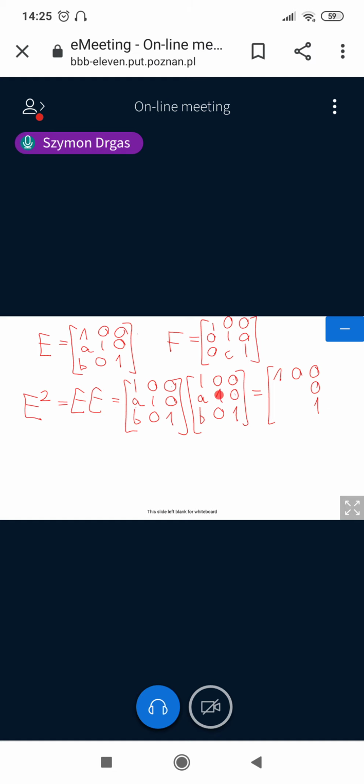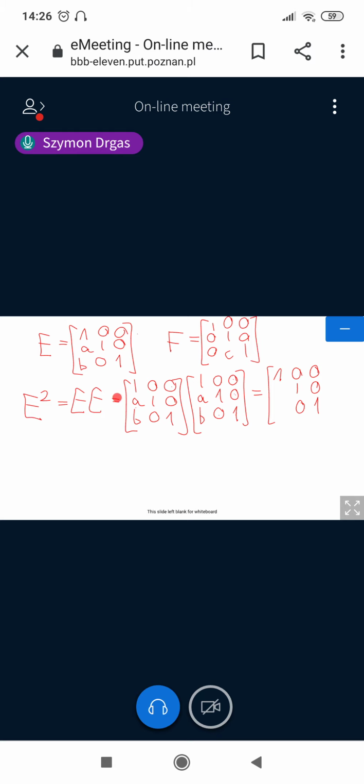We have also 0, 1, 0, so it will be easy to write the second column, and as we have 0, 1, 0, it means that the second column of the resulting matrix will be the second column of the first multiplied matrix. So 0, 1, 0, and we have these two elements, so we can, for example, multiply